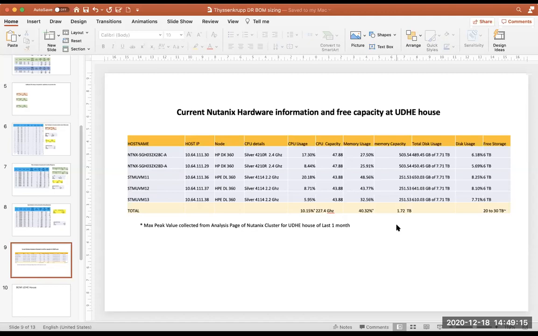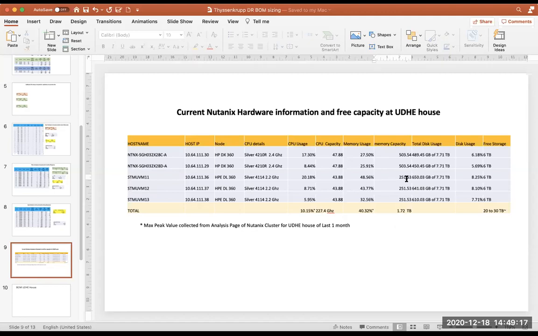Got it. Okay, sir, give me some time. I will take it up properly with the production environment, and then I can help you out on whether we need to add any additional node in Udhe house or not.